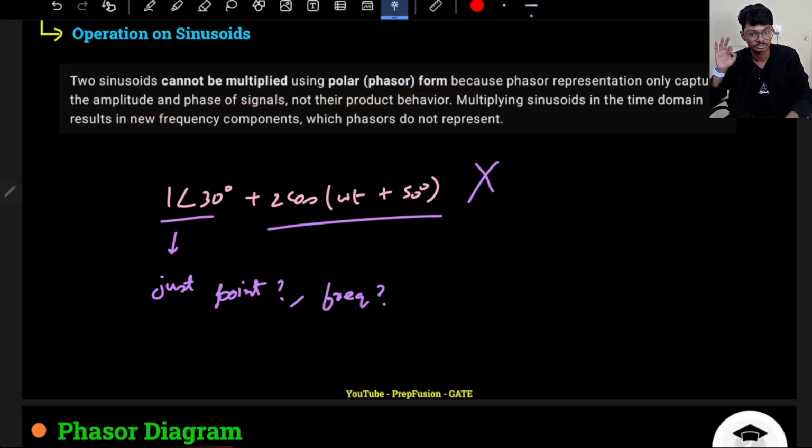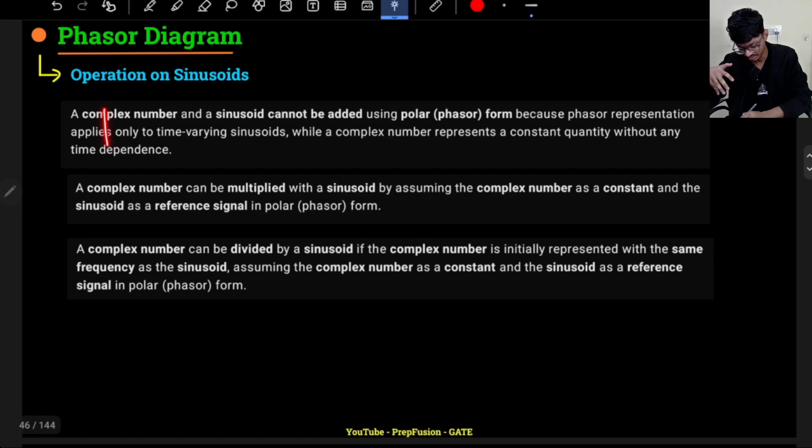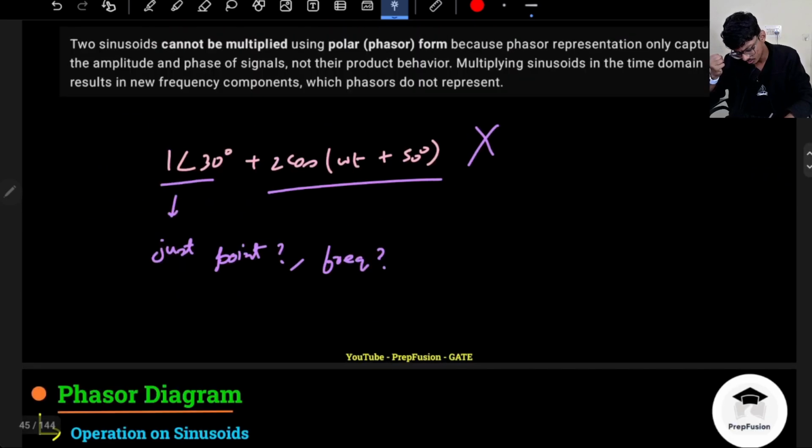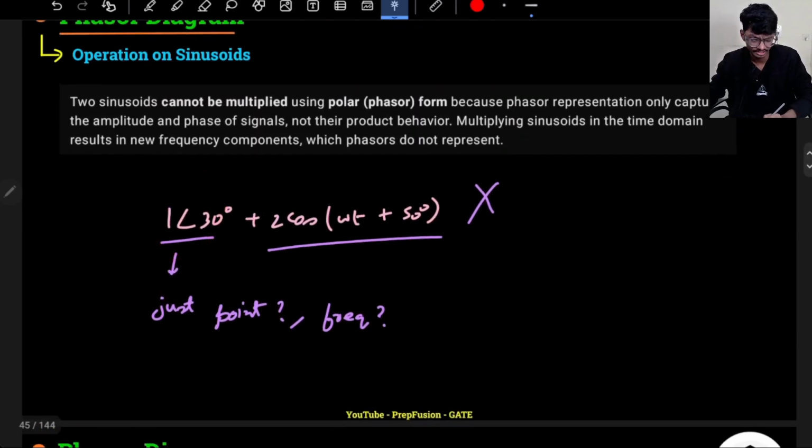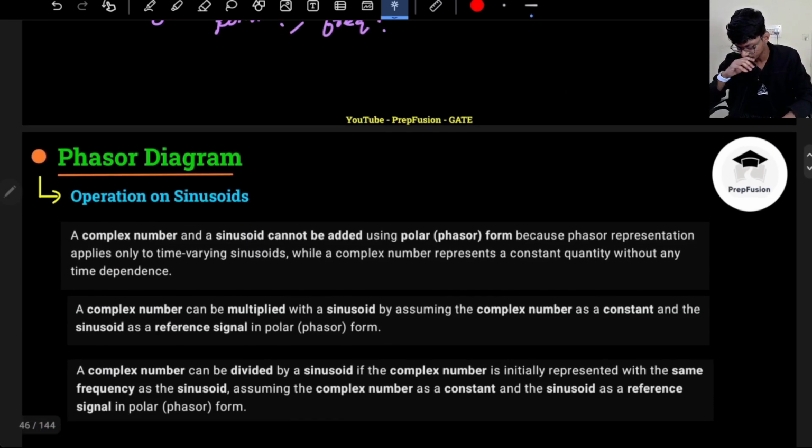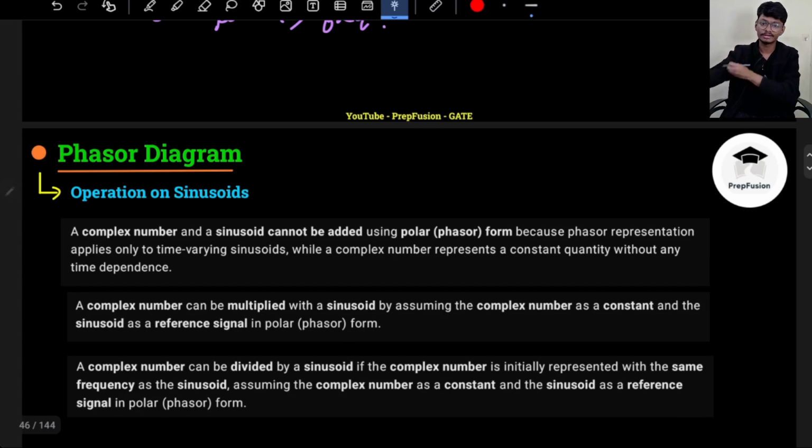This operation is also not valid. That is what is written in these points. A complex number and a sinusoid cannot be added using polar or phasor form, because phasor representation applies only to time-varying signals, while a complex number is a constant quantity. So this is a complex number, or it can be a phasor quantity as well, but I don't know the frequency. So you cannot add a complex number and a sinusoid because a complex number is just a point in